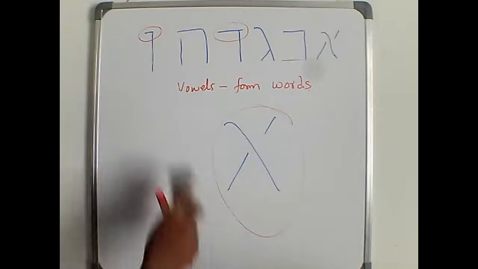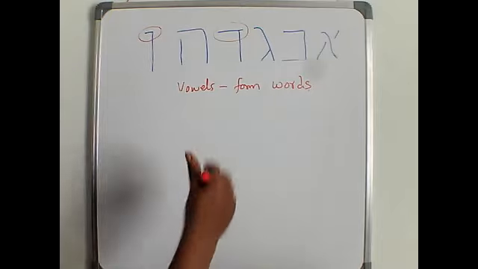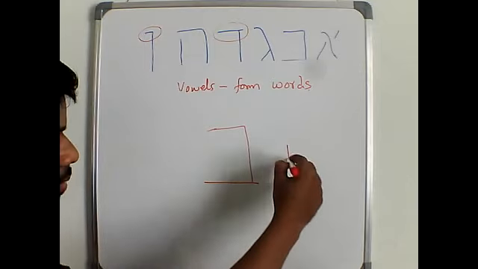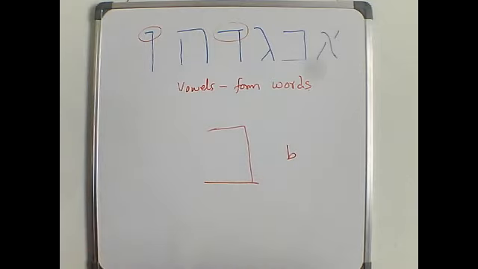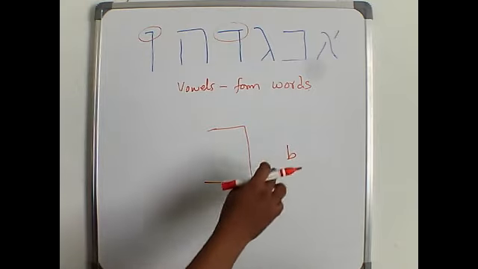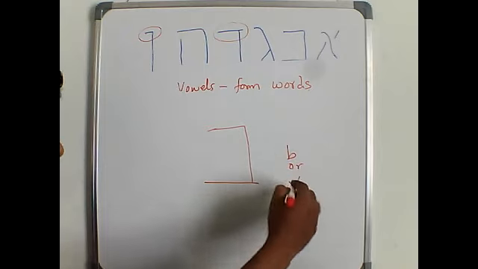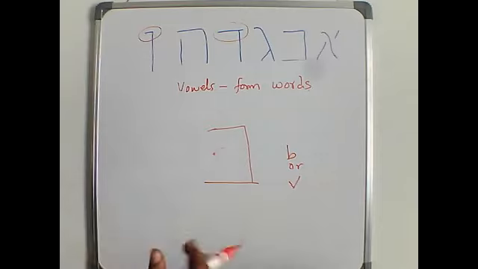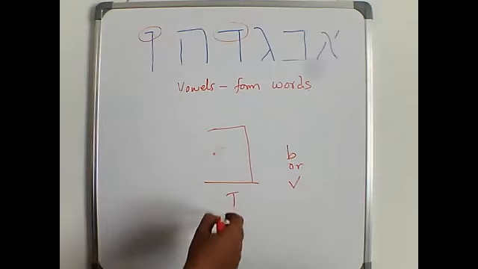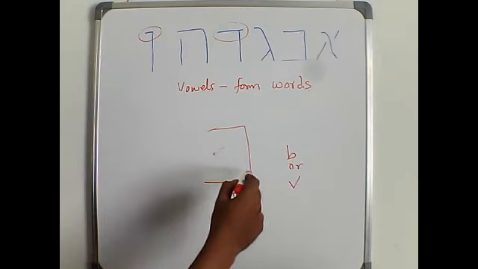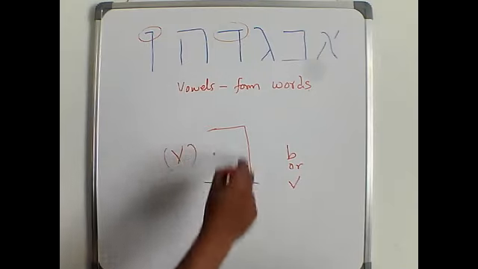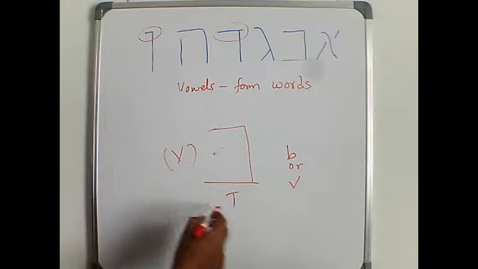But if you only have bait, the sound is B. You cannot pronounce it alone. You cannot say the letter B. The letter is bait. The sound is B or V. So if there is a dot, it is B. If there is no dot, it is V. You cannot say it alone, but only with the vowel. Now what is that? This one is Bait. V. Okay. The bait. No doubt. Now this one is